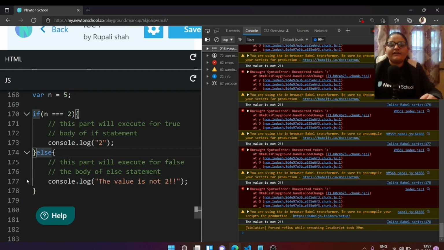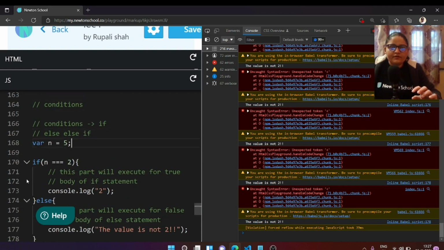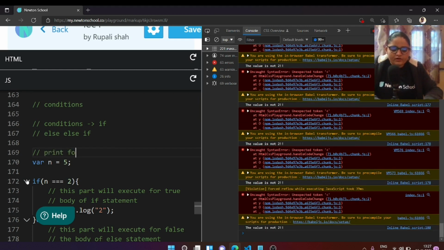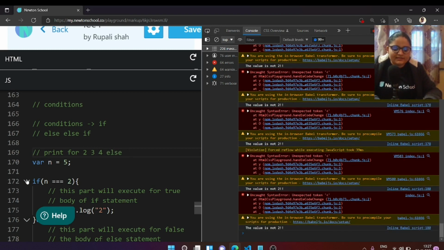Suppose I want that if n is equal to 2, console log 2, if n is equal to 3, then console log 3, and if n is 4, console log 4, else directly at the end, just console log that you didn't give us a right choice. So let's have a problem statement here: we want to print for 2, 3 and 4, else just say wrong choice.